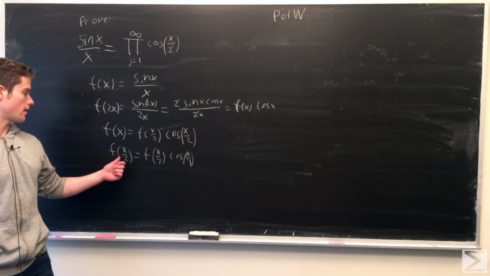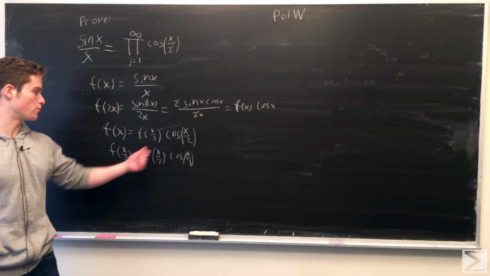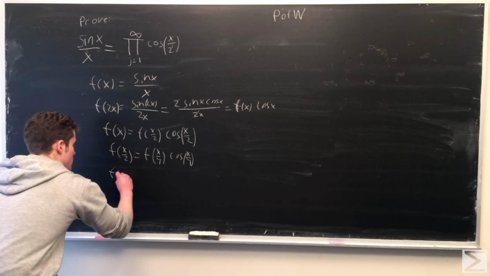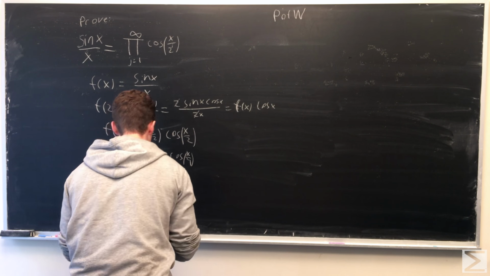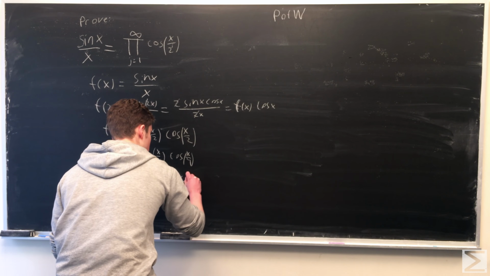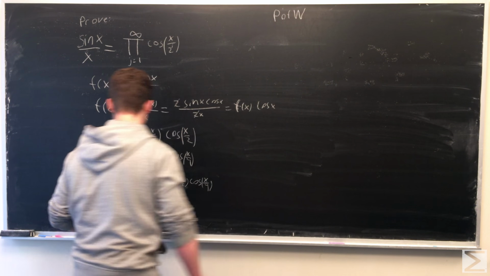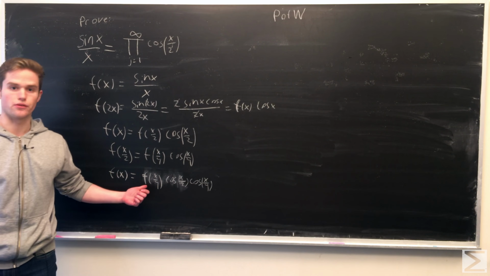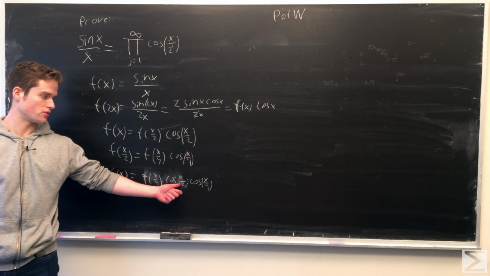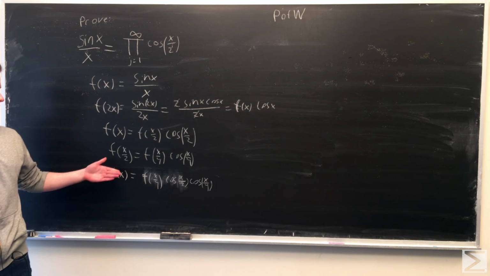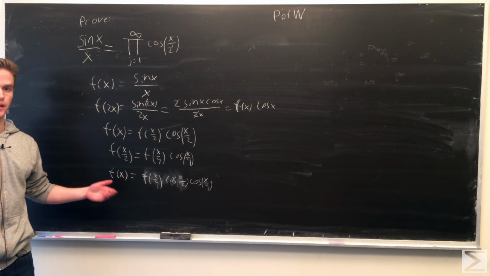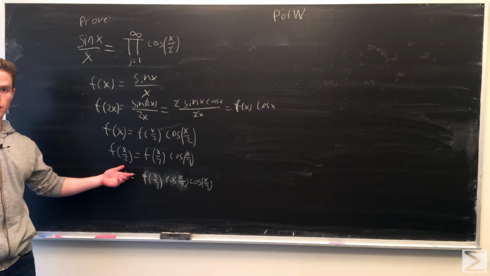Now if we plug this equation for f of x over 2 back in here, we get f of x equals f of x over 4 times cosine x over 2 times cosine x over 4. So we can keep repeating this procedure by repeatedly plugging in x over 2 here, and we